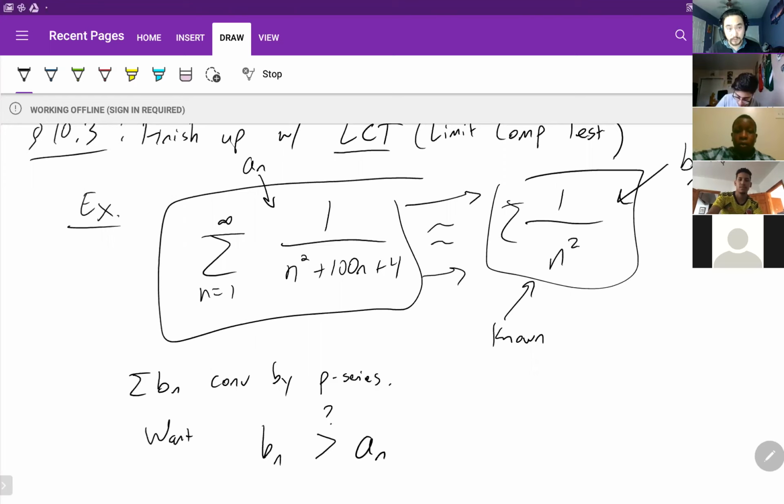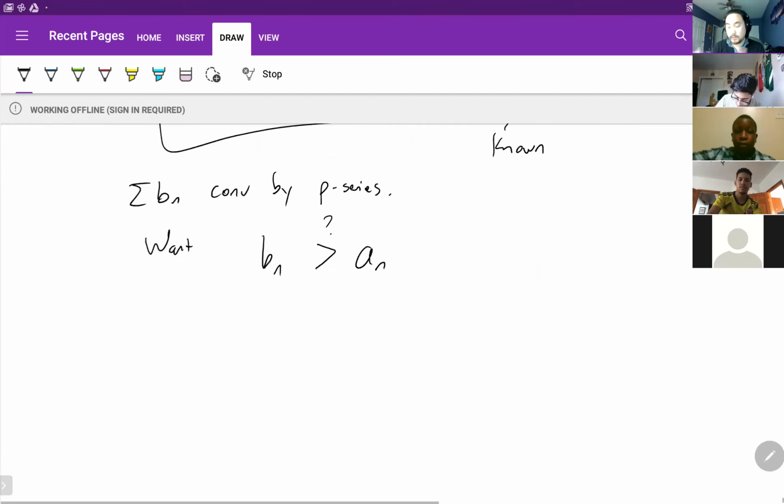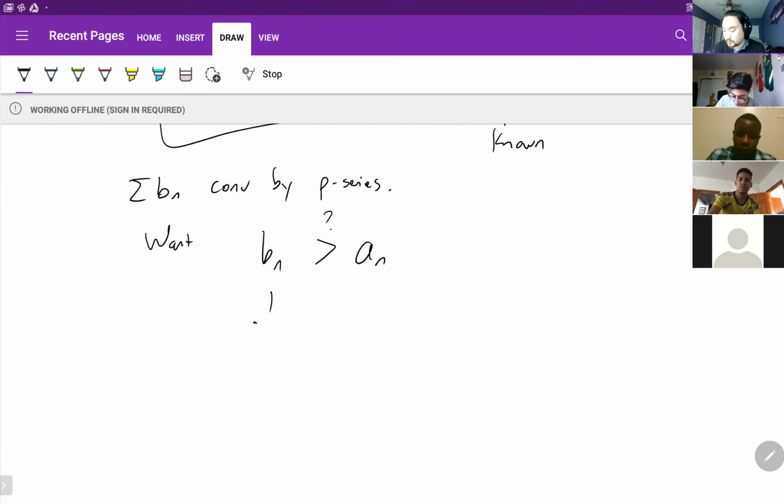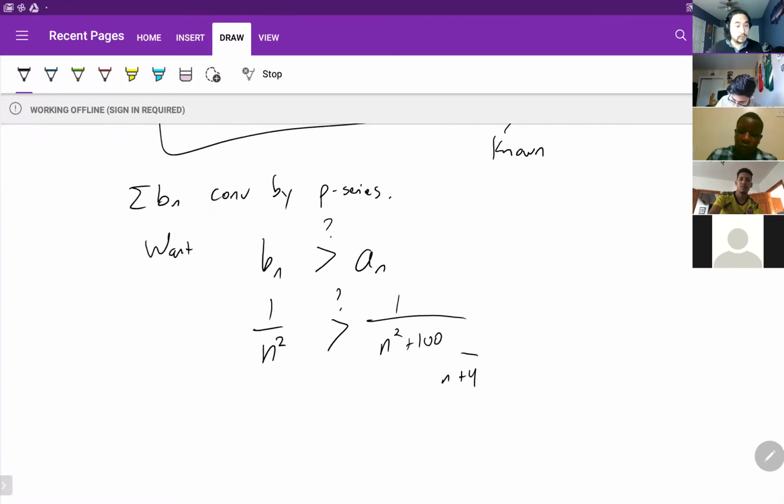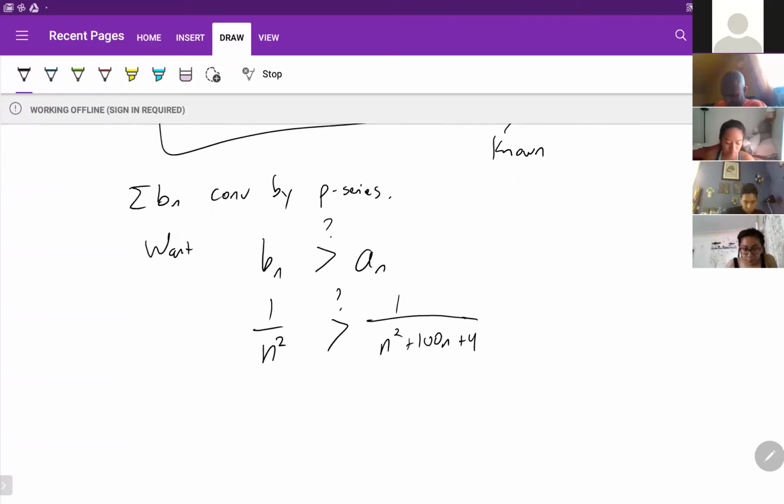We're not really sure at this point, right? So watch. I'm going to replace the stuff. This becomes 1 over n squared, and what is it? Is 1 over n squared plus 100n plus 4. And we want this to be true. If this is true, and all equivalent forms of this are true, then we can go say, our brother's in the house, okay? Because I'm just running out of time here.